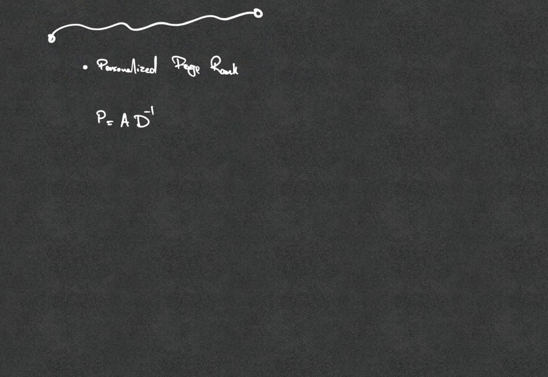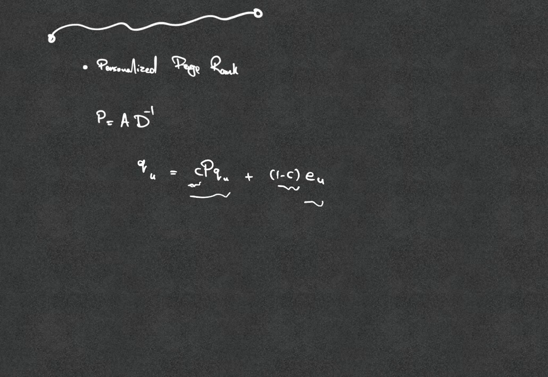Now, to use this matrix P, you have this equation. You have QU equals CPQU plus 1 minus C EU. You can consider this C as some sort of a probability that chooses one of these cases to be assigned to the QU. Now, EU is a one hot indicator for node U,